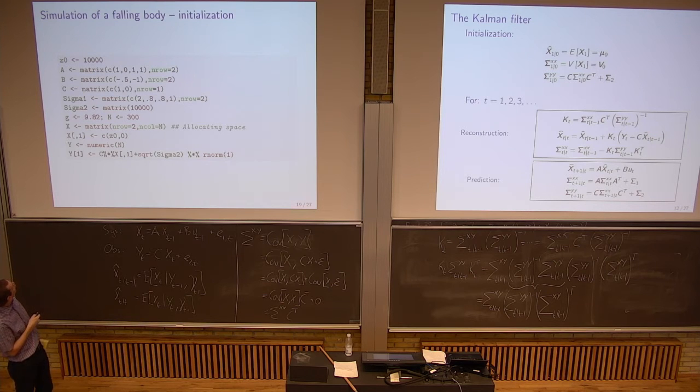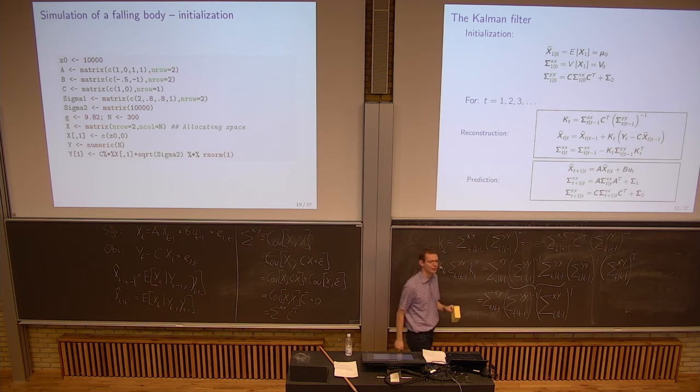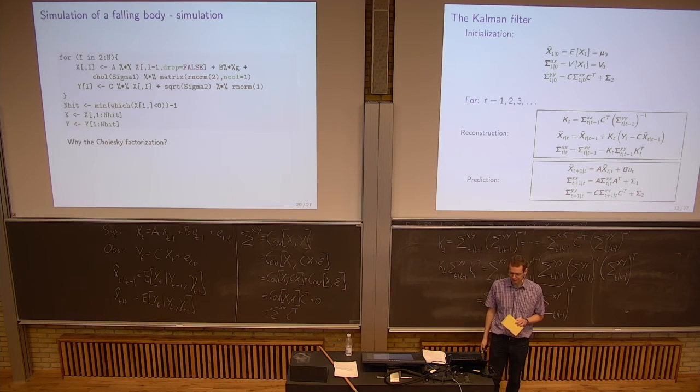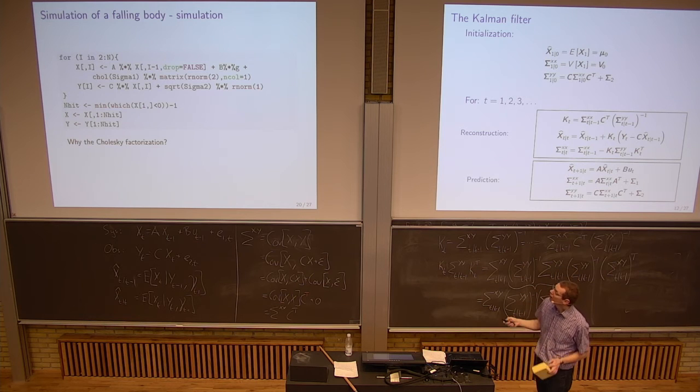So I'm going to simulate this 300 steps forward. You will see later that I will not need that many steps, but I'll just do that. The actual simulation is to say that what I did first was initialize as time 1 or 0, and then I go from the next one through n, and I just say that my current or next position is A times the previous one. I need this drop equals false to keep the right orientation, plus B